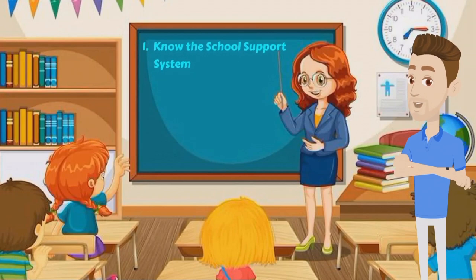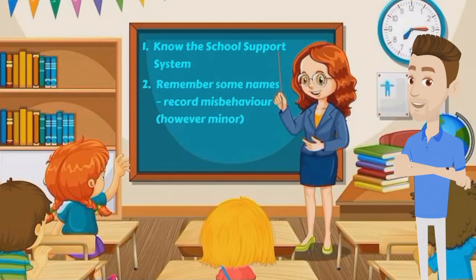So, 1. Make sure you know the backup systems in the school and make it clear you're prepared to use them. 2. Have a technique for remembering some names during registration. Let them see you have a notepad for recording anything inappropriate and explain what you're doing and why. The reason is, of course, that you may need the information later when you're talking with Mr. or Mrs. Senior Leader. They have to believe you'll follow up.